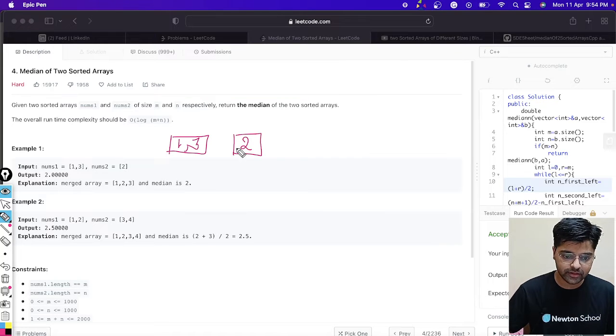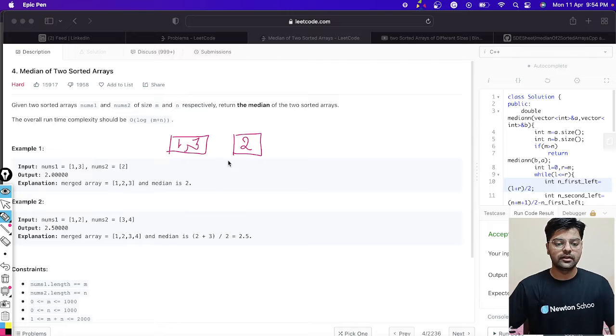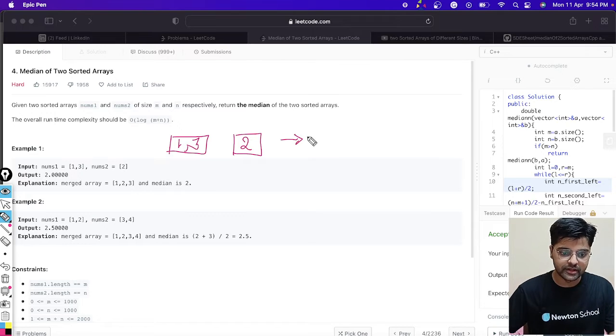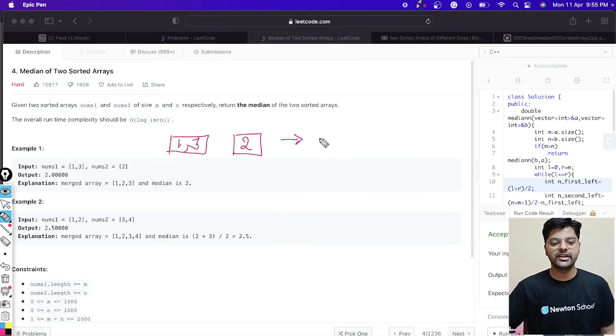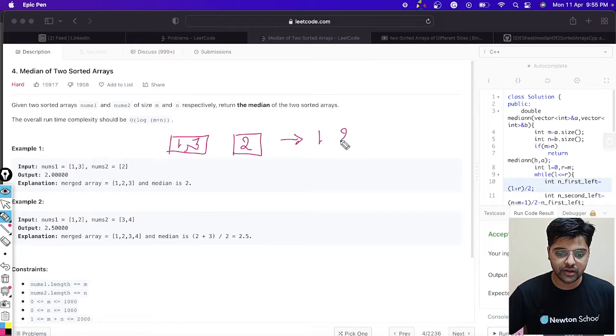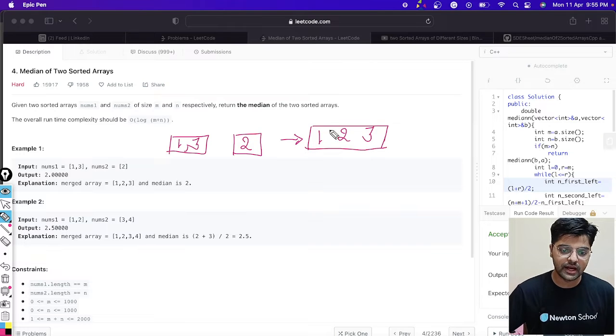Basically, if we merge these two arrays and sort them, we get the median. As I explained, we can calculate the median in a sorted array. When we merge these two arrays, the sorted order will become like this, and the median will be the middlemost element. So the median is 2.